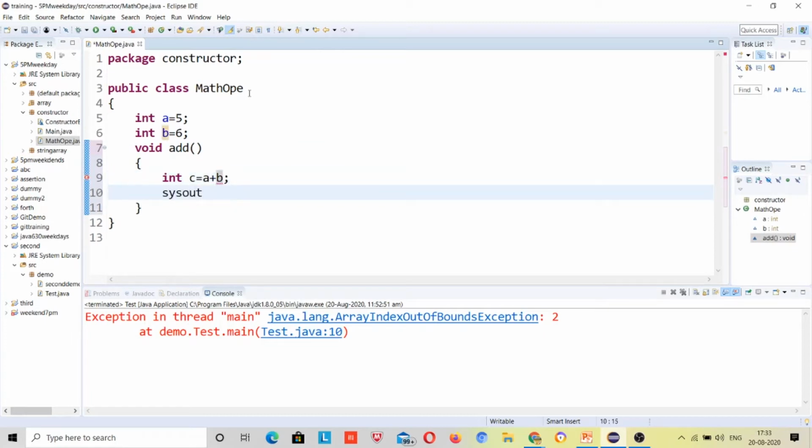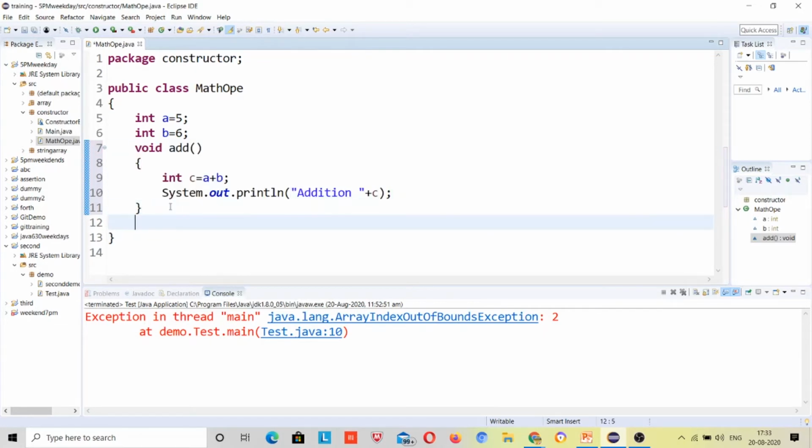Sys out addition plus c, right? What does this plus c mean? You got it.